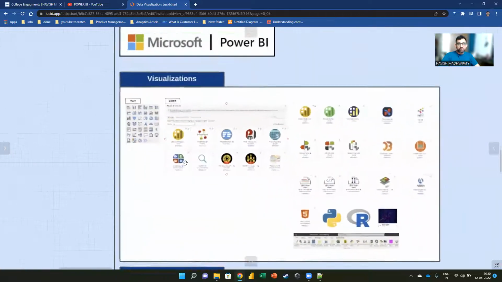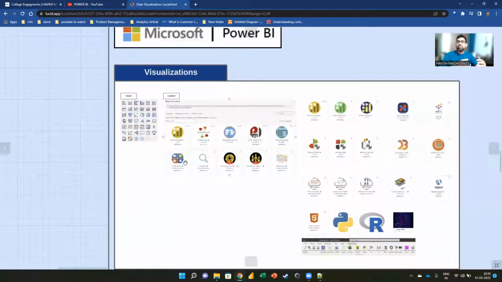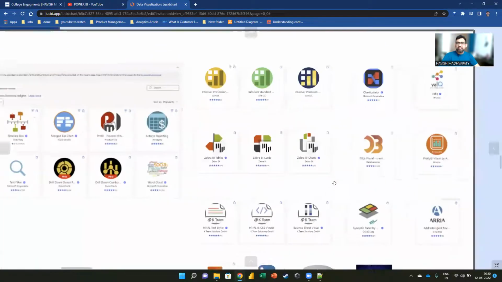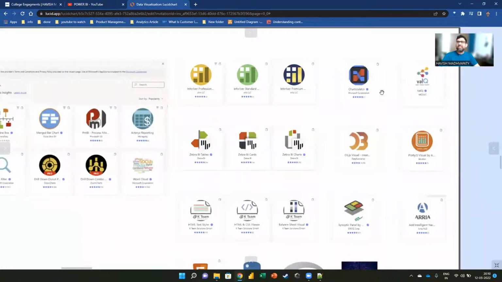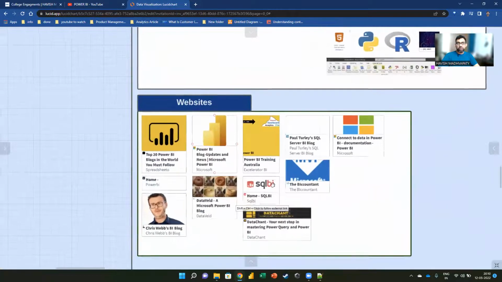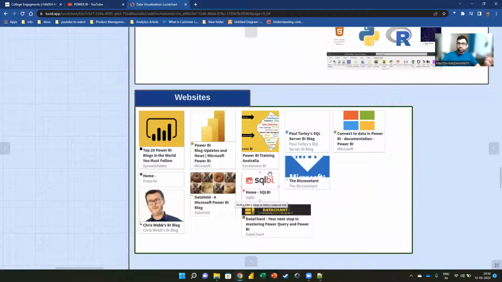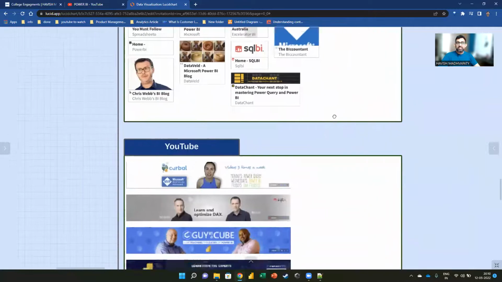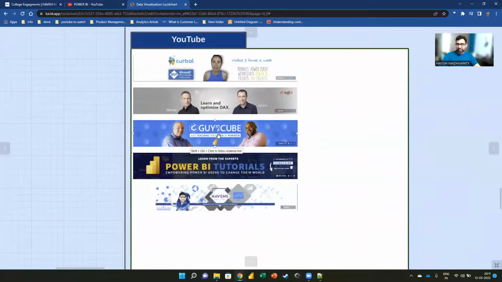And now if you look at Power BI, I have categorized the type of visualizations. So we have inbuilt, custom, then we have R, Python, D3JS, and so on. Of course, I will give you a live demonstration of all these things, but I just wanted to tell you that I have put in a lot of effort to try and get information from the best websites and the best places. And I've tried to put everything in a single place. So if you notice, these are the best official documentation and external websites for Power BI. Same thing, if you notice, these are the best YouTube channels for Power BI, right?